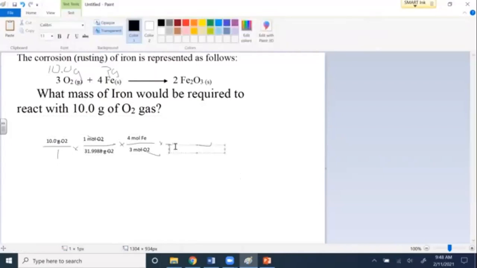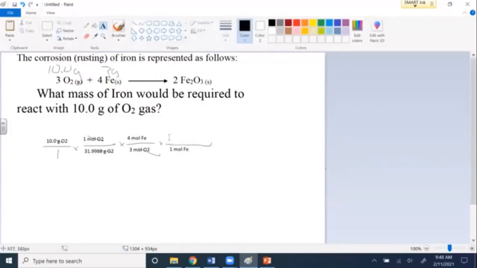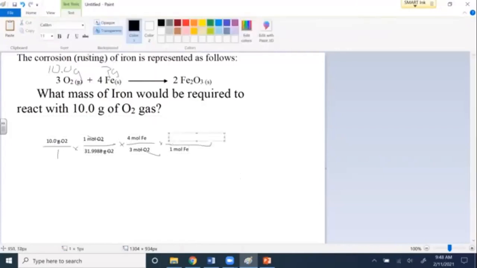The bottom of this fraction, once again, this is the last step. The last step, if you're going to mass, is always going to have 1 mole of your unknown. So 1 mole Fe, because remember, molar mass is defined as the number of grams per 1 mole. And then the molar mass of Fe, we go on the top,